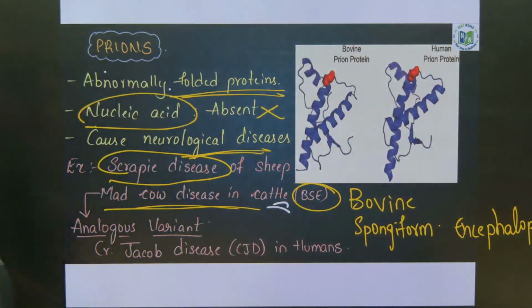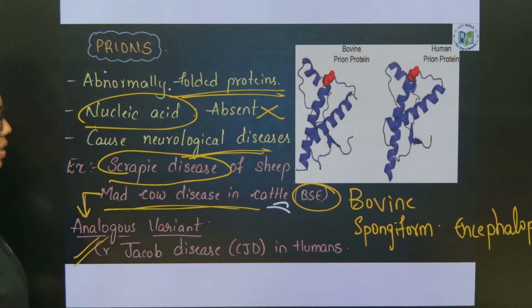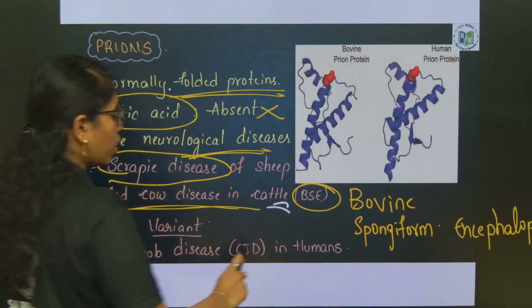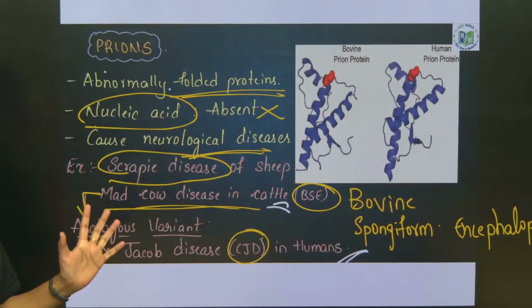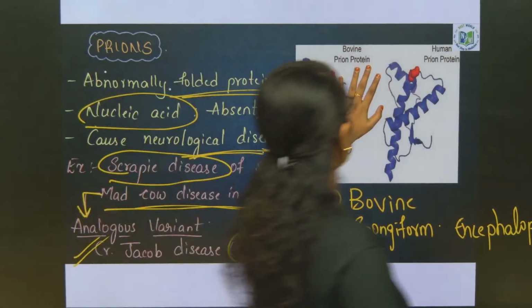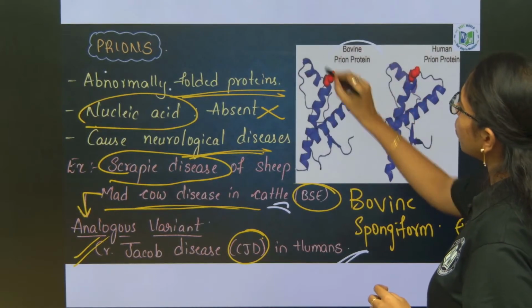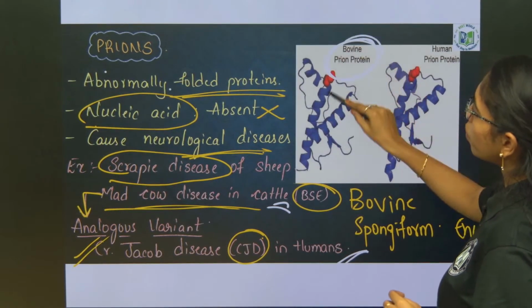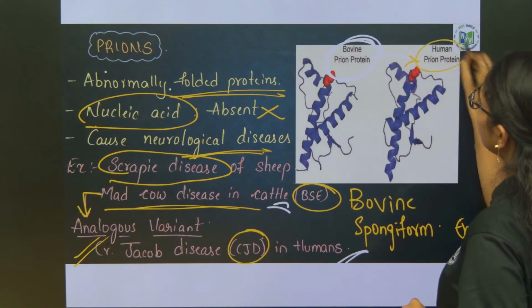Clear? And so, an analogous variant of this mad cow disease is Creutzfeldt-Jakob disease, that you can shortly call it as CJD in humans. So, these disease names are very important, and here I will give you one example. See, the analogous variant of bovine prion protein,